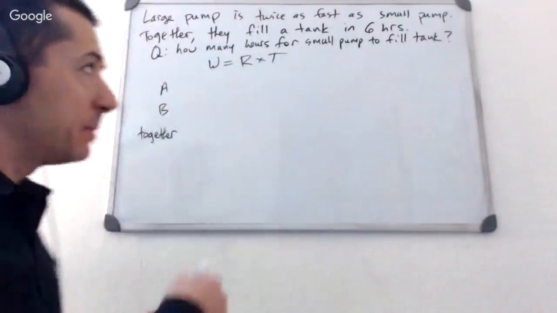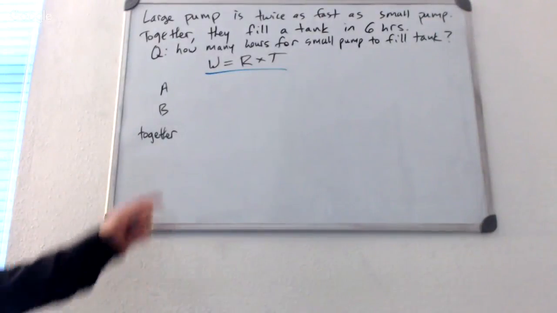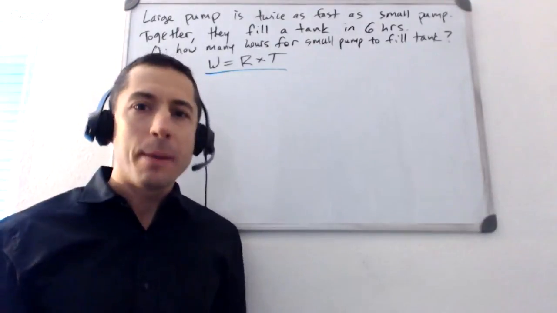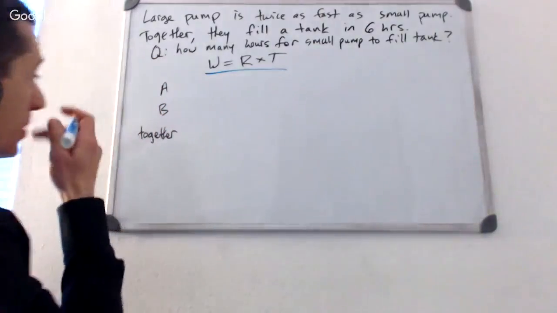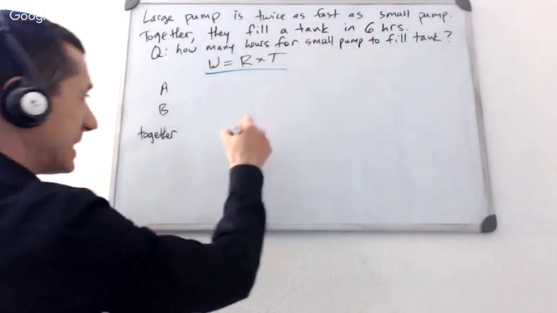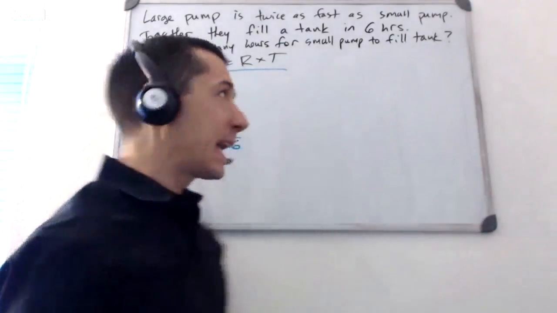Always, no problem. Now, the tricky part, and where I tend to see the mistakes, could be a couple of things. Part of it might be that you're answering the wrong question, but the more common general error I see is that the variables just don't make sense. So somebody will say, all right, I know that together their combined rate is 1/6. That makes sense. So they do fill one tank in 6 hours working together.